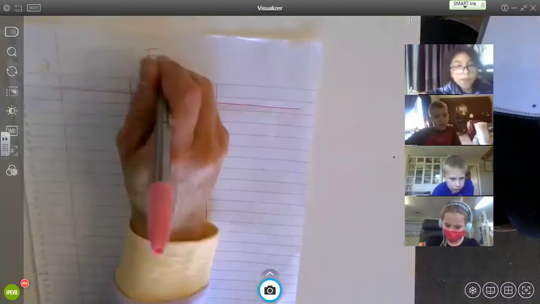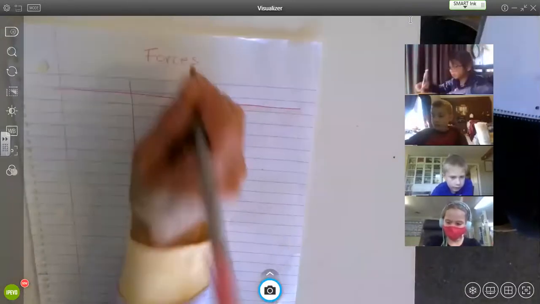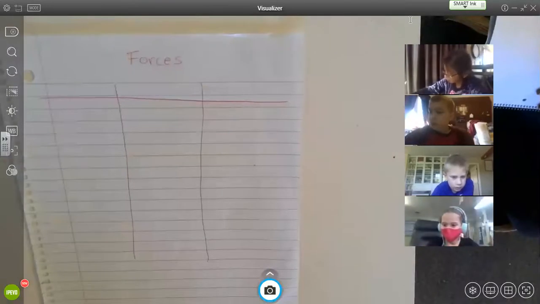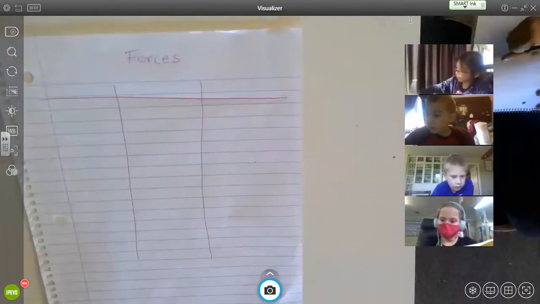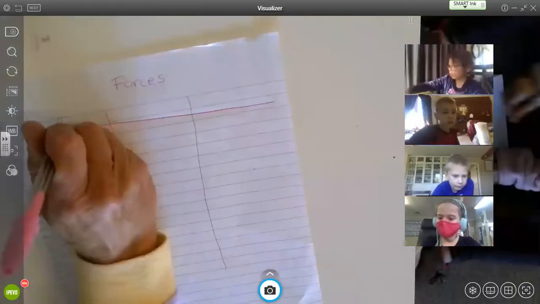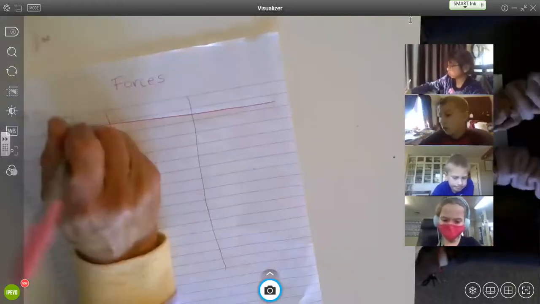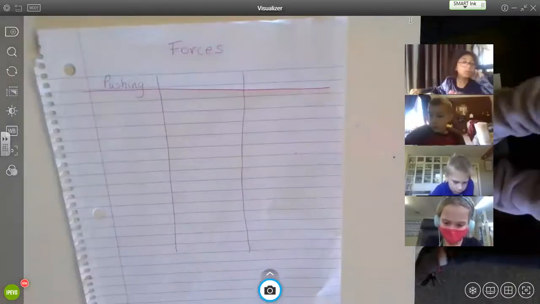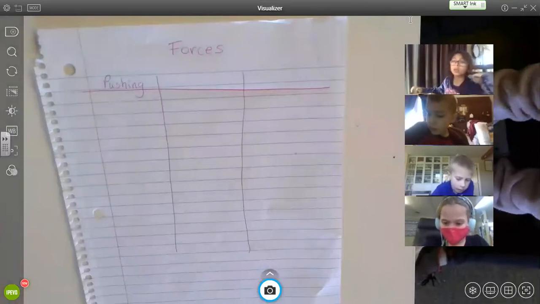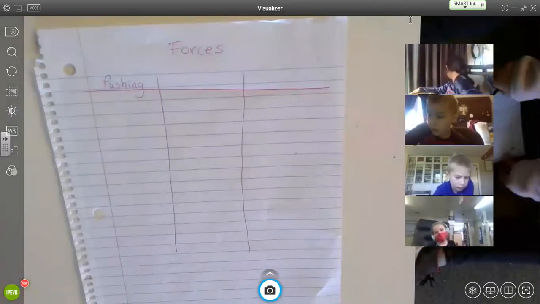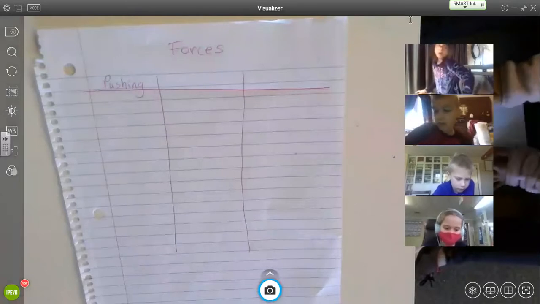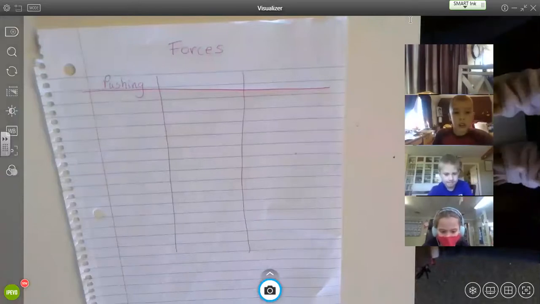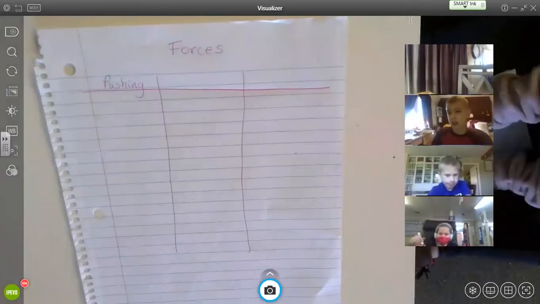There's plenty, but we're going to just focus on, I heard one of you guys say that you had to make that rocking chair move, we had to push it, right? So we have a pushing force. Let's write pushing. And I think I can make this darker. Find my right marker so you guys can see it better.